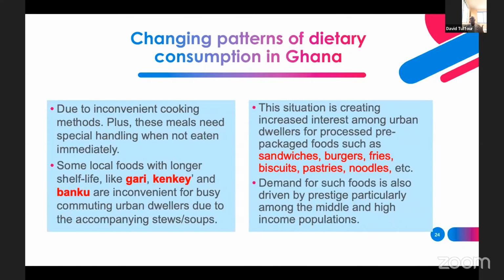This becomes so difficult to carry around. And therefore, people do not want to carry this kind of food to work or to places where they can eat them comfortably, because it's very tedious, it's very bulky, it's very difficult to carry, and therefore people tend to switch to other forms of food which is easier to